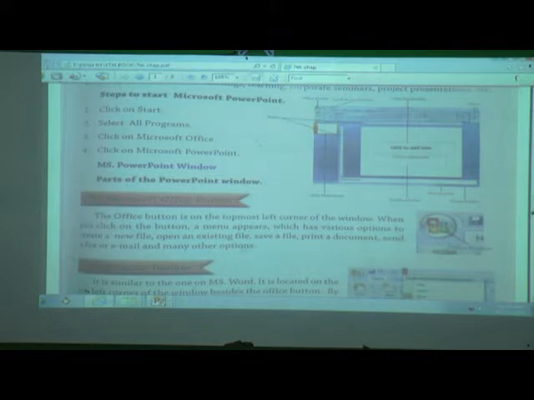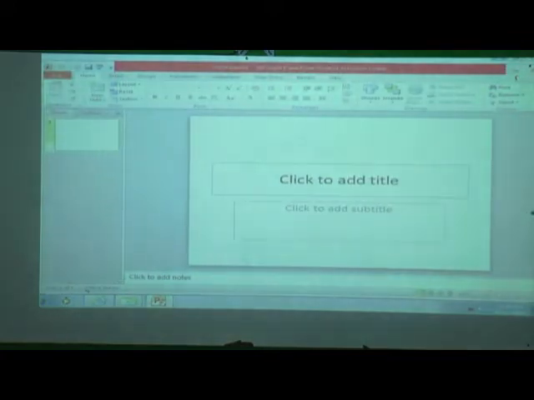What is the use of Office button? If you want to save, if you want to open an already existing file, if you want to take a printout of a document, then we can use which button? Yes, Office button. You will see here. Save. Print the document.